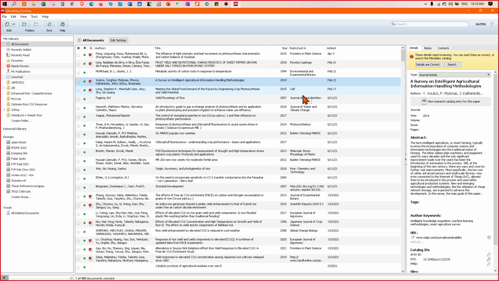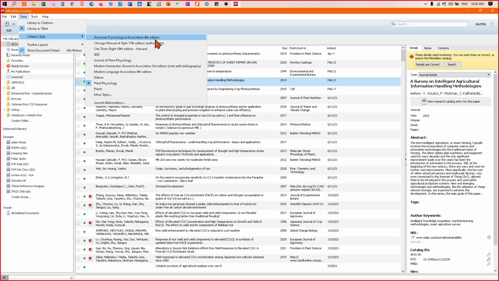Doctor, one more thing. How do we change the citation style? I tried to change to plant physiology, but it does not appear in the list. How to adapt? You need to go to view. Under view, go to citation style, and then select from whatever you have here.